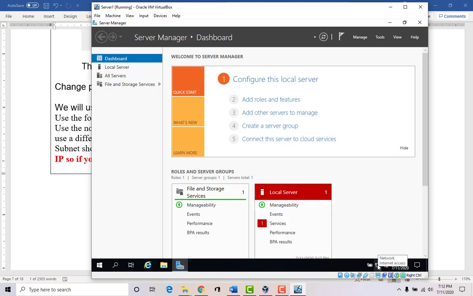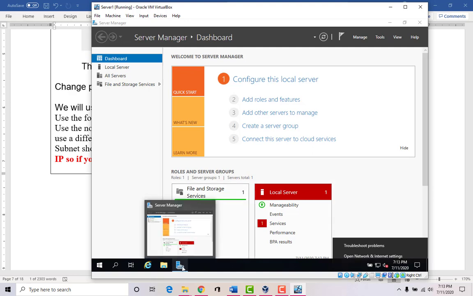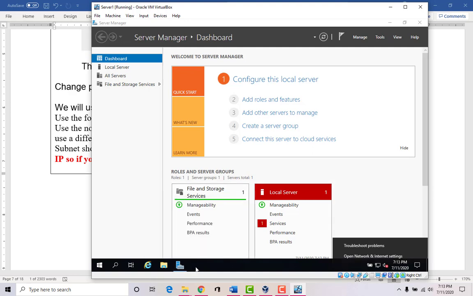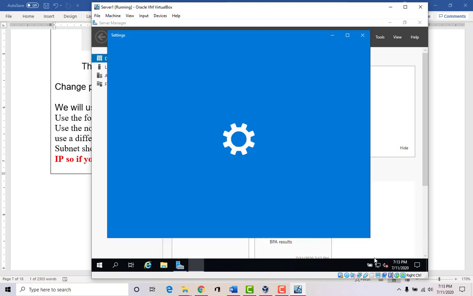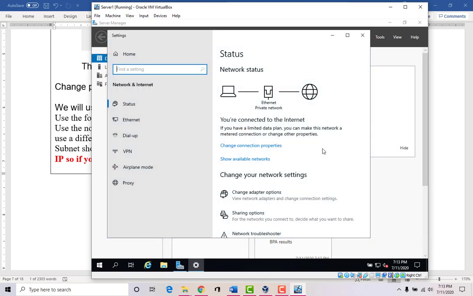But the first thing I want to do is configure the network, and this is 2019 server, and actually this is the first time that I see this particular interface. I'm used to working with 2012, 2016 and other servers, but it's the same thing from what I can tell. I can just come here to the network icon, right click and say open network and internet settings. So it's just like your Windows 10 machine basically.